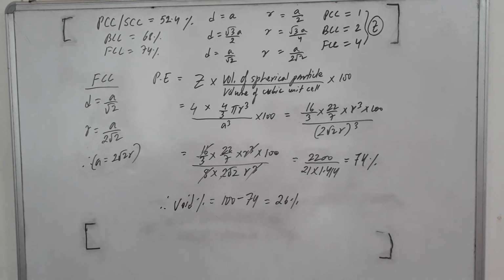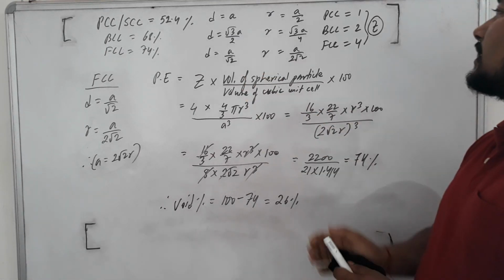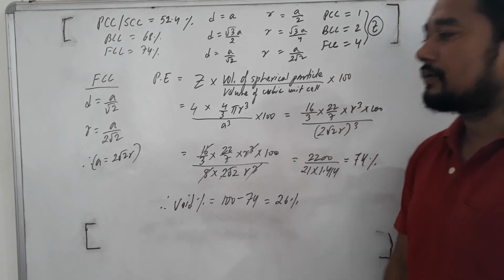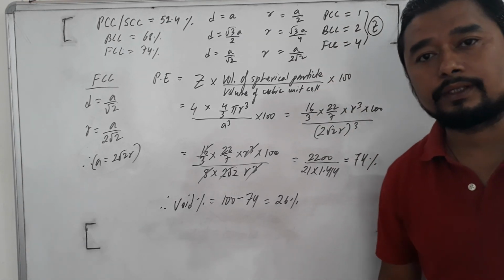So in this episode, or in this part, I have done the calculation to find packing efficiency for the primitive cubic unit cell, simple cubic unit cell, body centered cubic unit cell and face centered cubic unit cell. Directly you remember the value for objective questions, and this is if they ask you to find it. But do remember, to find packing efficiency, you need to know the distance and radius formula, which I have shown you here. And Z means number of atoms, and for PCC it is 1, BCC is 2, and FCC is 4. Okay, if you want, you can take the screenshot of this.